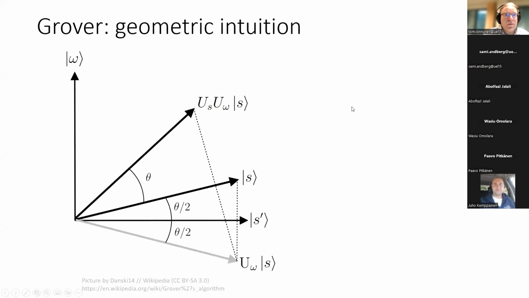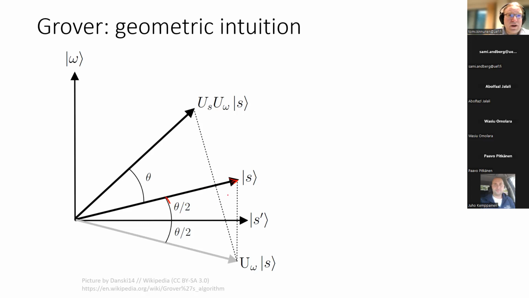And I promised the geometric argument. I don't have time to go through it fully, but there are particular operations that we implement when we actually implement the Grover algorithm. So the inversion is going to rotate.